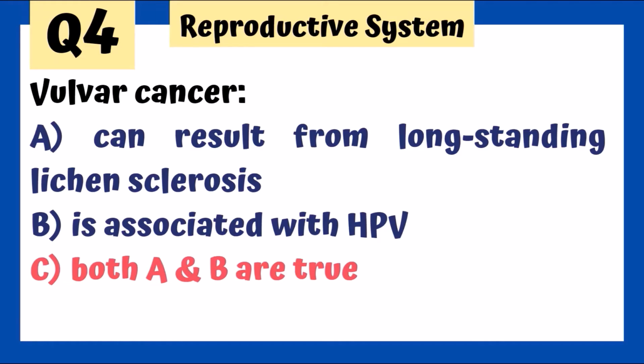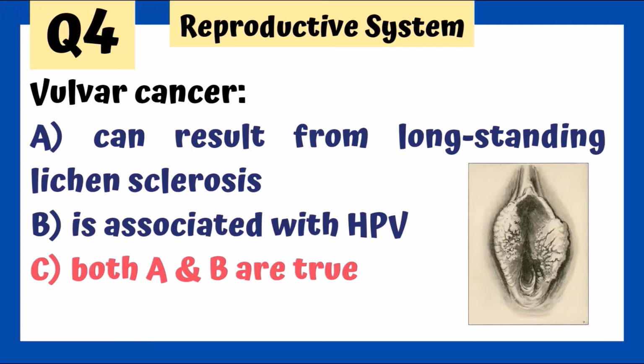The non-HPV related form usually results from long-standing lichen sclerosus, which is what we spoke about. And this presents in older females, like older than 70, as opposed to the HPV-related one seen in younger patients, perhaps patients in their 40s or 50s, especially patients who had multiple partners. And the cancer presents as leukoplakia. We see a picture of that over here, where we see the vulvar cancer. Now, of course, we need to biopsy it, so we know exactly what we're talking about, but this is what